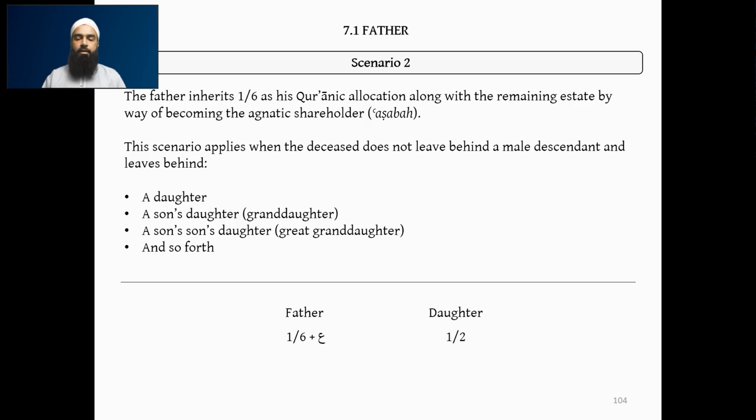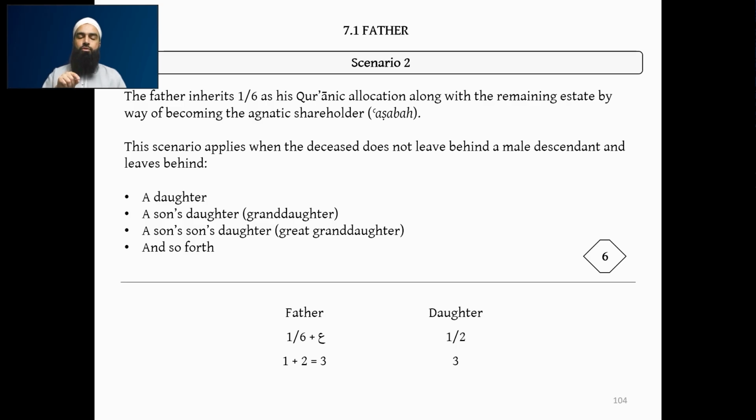So here we have two fractions, 1/2 and 1/6. What we do is take group 1, which is the 1/2. We take the denominator, the 2, and multiply it by 3. So 2 times 3 is 6, and we make it out of 6. Then you give the daughter her share, 1/2, which is 3. We give the father his share, 1/6, which is 1. And then we see if there's anything remaining. 1 plus 3 equals 4, so there's 2 still remaining. So you give him the 2 as well. So 1 plus 2 equals 3. That's the father's total share.